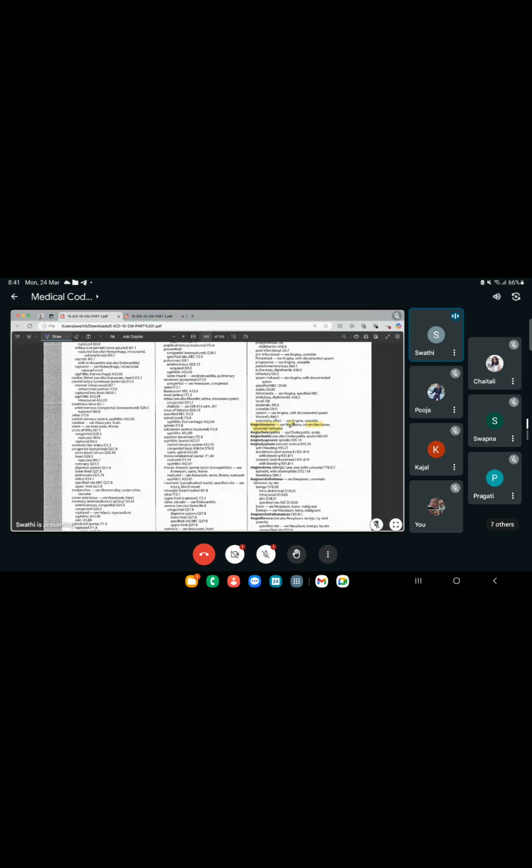So it is asking you to go to neoplasm. Under neoplasm, see connective tissue. Under connective tissue, go with the term uncertain behavior. Okay. So C will direct you how to find the code using other terms. Another example just below that,